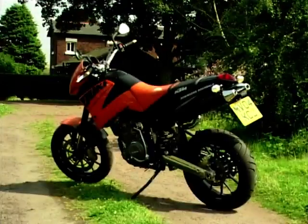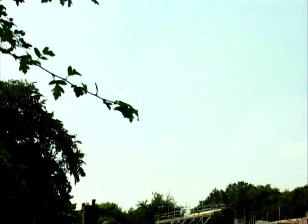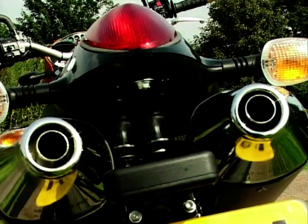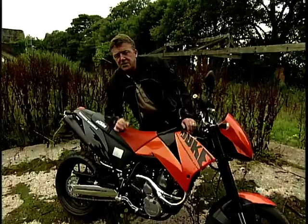The Duke's success is due in no small part to its style and quality of finish. This is one very well put together motorcycle with looks to match. Right from its distinctive bug-eyed nose cone to its sports bike style underseat exhausts. It's lovely. This 625cc single cylinder motor is a cracker, and it's fine once you get it spinning above about